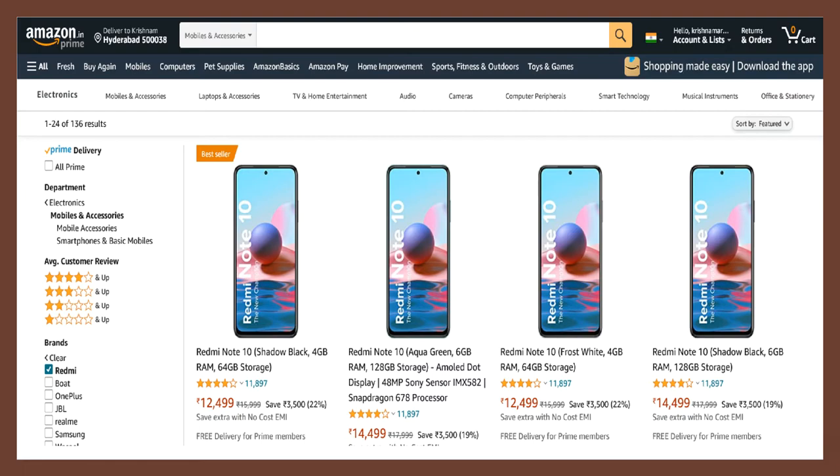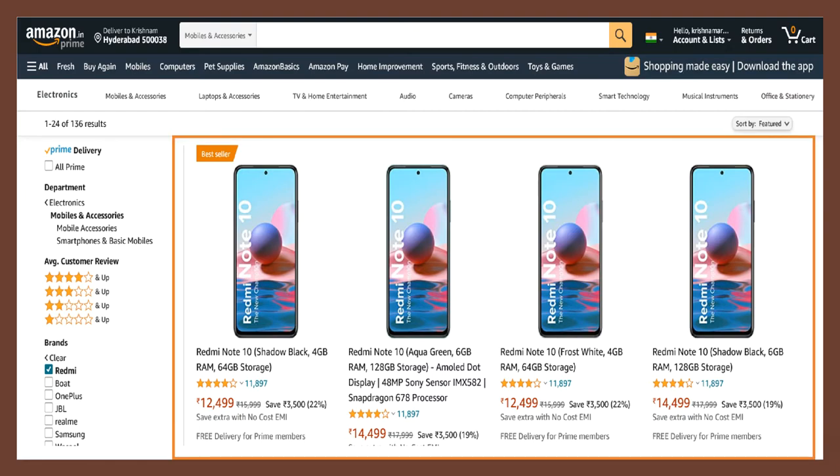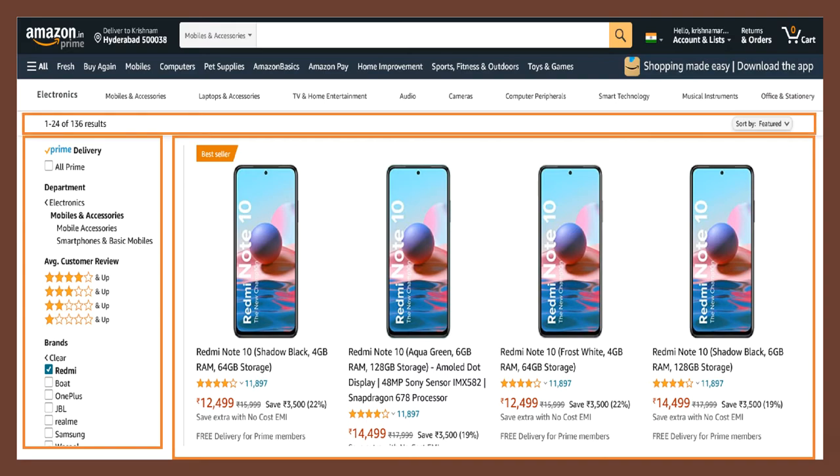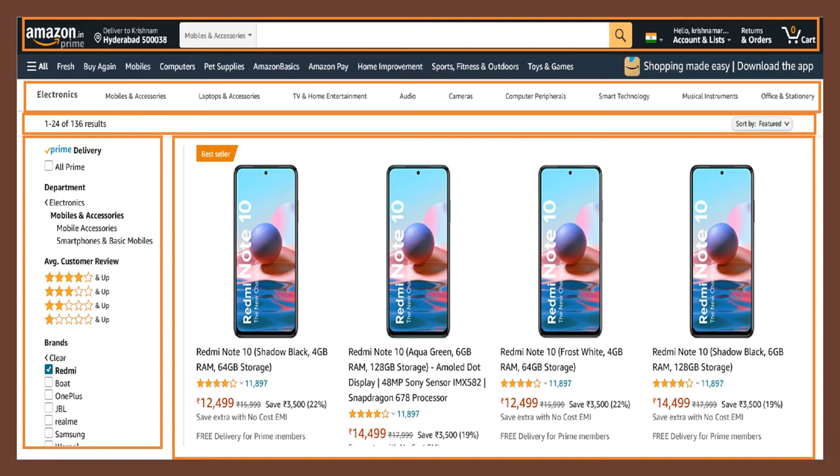So let us see. Right now, if you see this web page, there are some common HTML layouts. Product component, filter component, pagination component, and menu component, header, as well as application submenus.